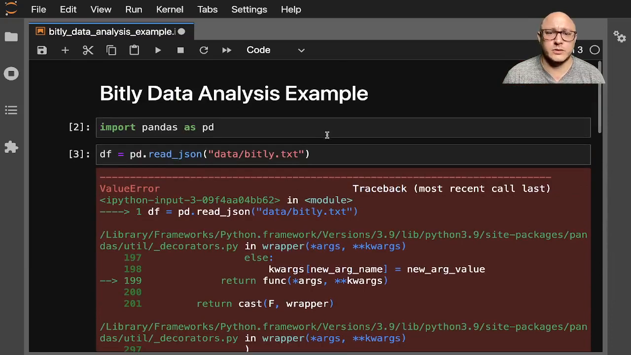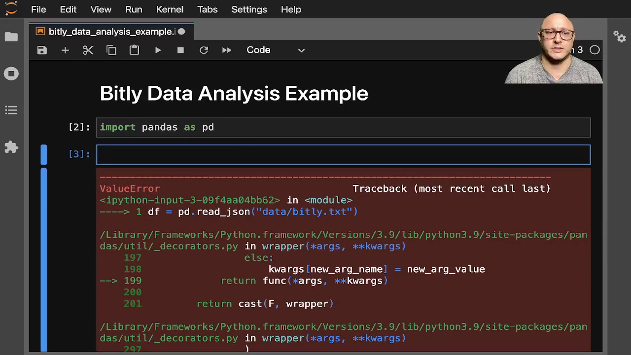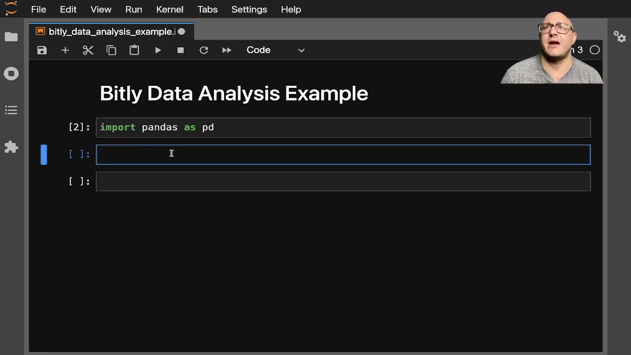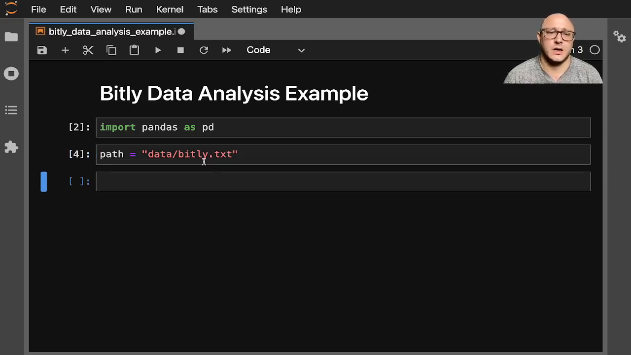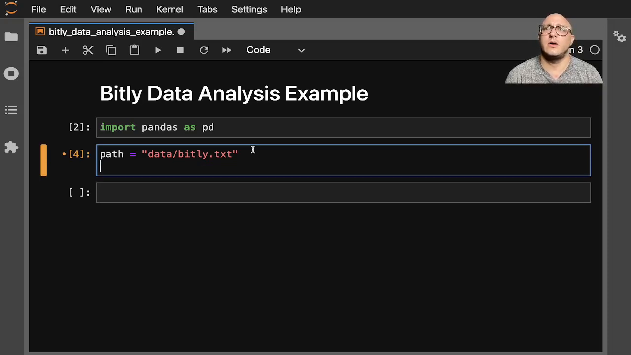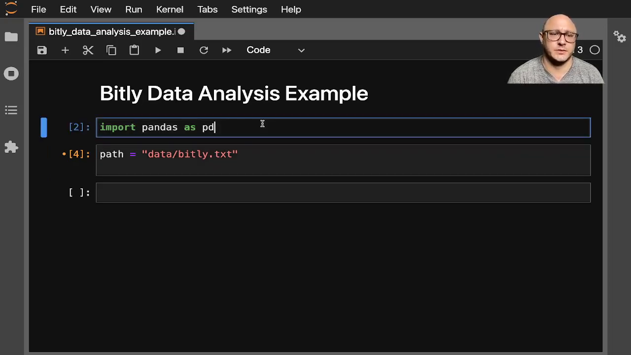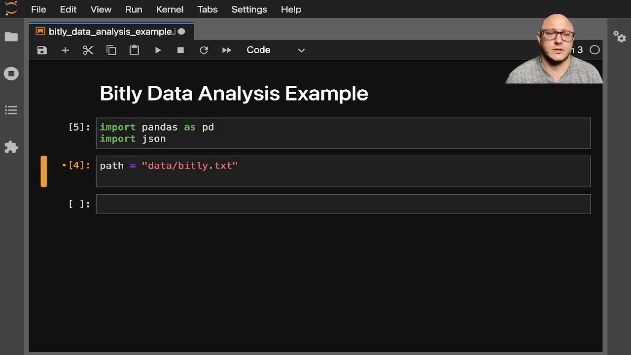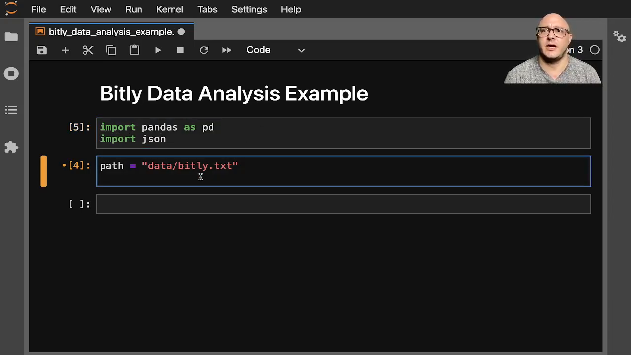So let's write up a little bit of a function to do this. Sometimes you need to take care of JSON data in a slightly different way. Let's create a path variable, and the data is in data, bitly.txt, so we don't have to write it out too often. Let's keep everything clean. Import json. And we want to create records. Records is equal to json.loads, because we're going to be loading in the data